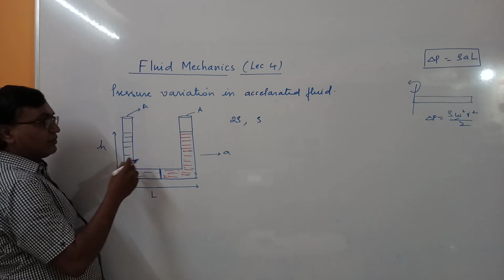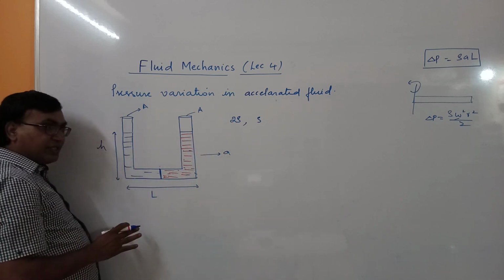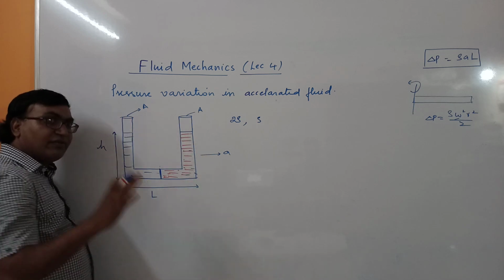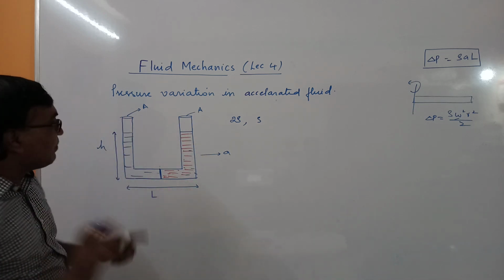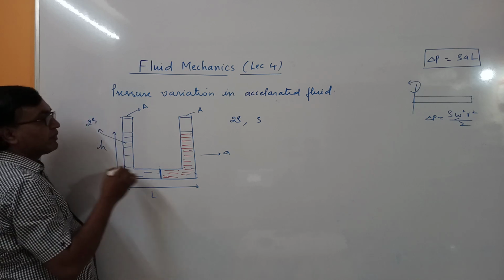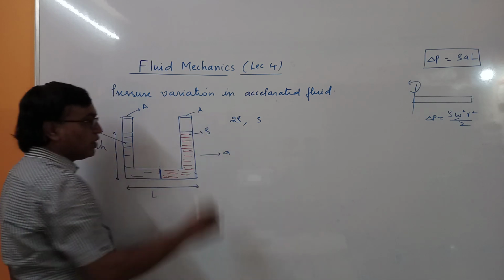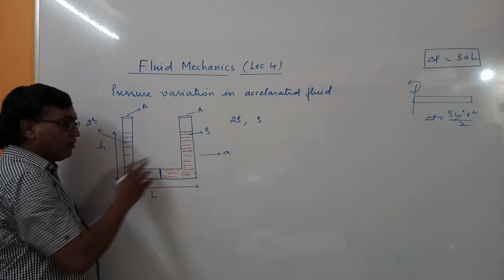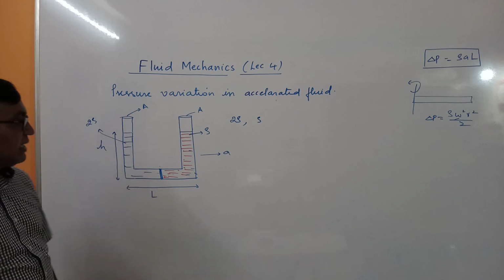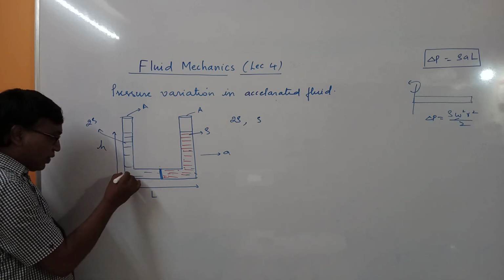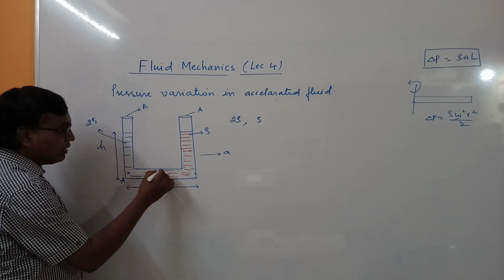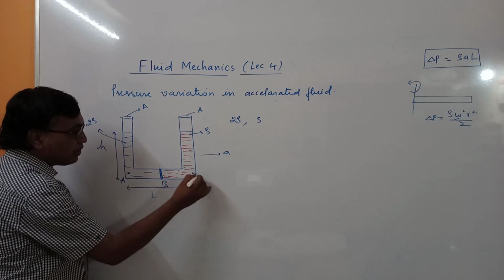So now let us take. Definitely when it accelerates in this direction, from this side there must be more force. Both have to stand to the same height. It means this fluid should be of more density and this should be of smaller density. So equal volumes, so this point should be the center. Now I will take this point as A, this point as B and this point as C.